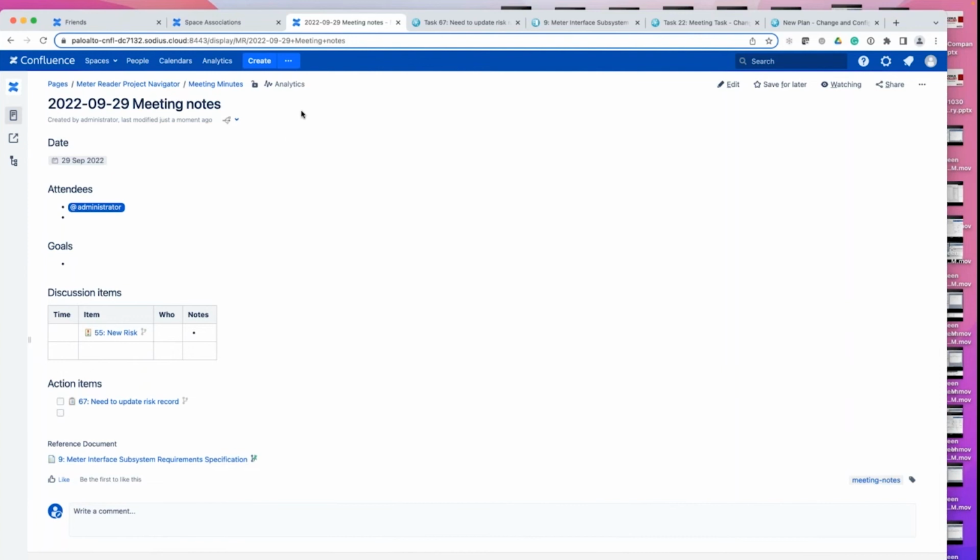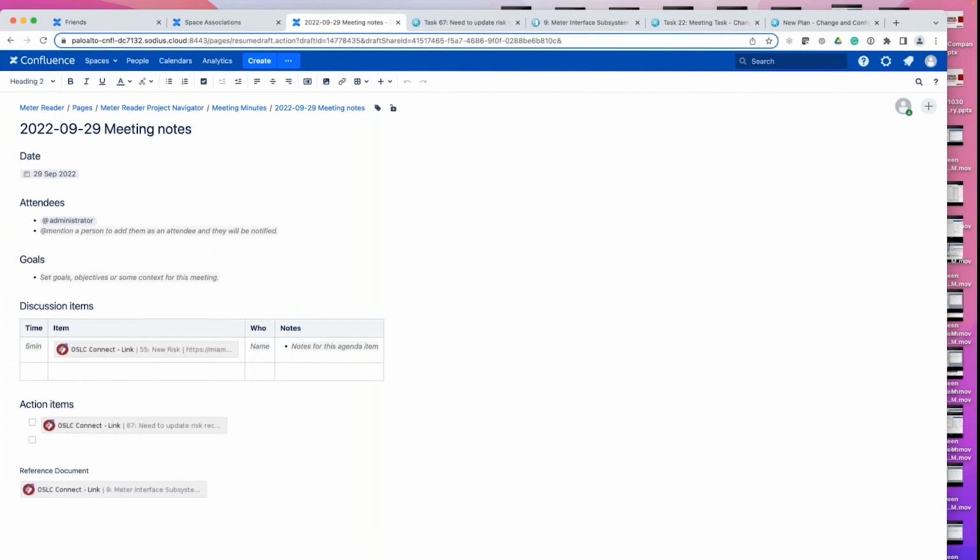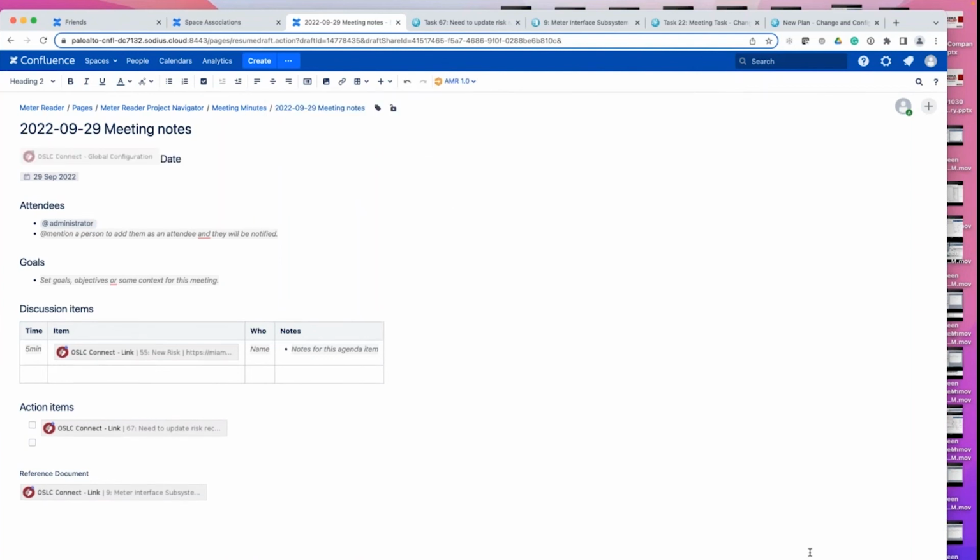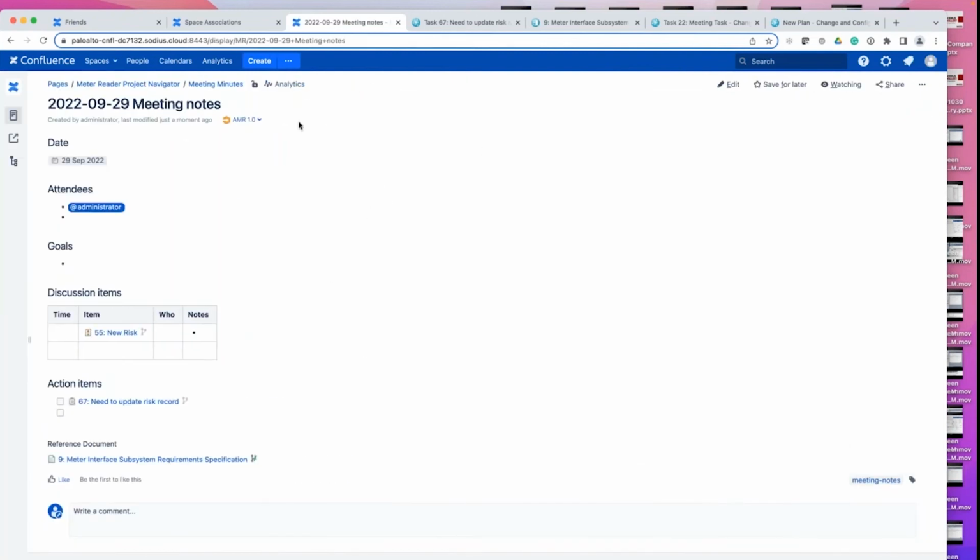Now, in addition, we can set a page configuration if we want. So I can just pick a previously used configuration here, just an easy pick list to pick that when I'm viewing the page. If I want to store that configuration as part of the actual page itself in the page history within Confluence, I can. And so I could say maybe pick AMR 1.0. That means that by default, all my page links are going to be using this configuration, even though this one's